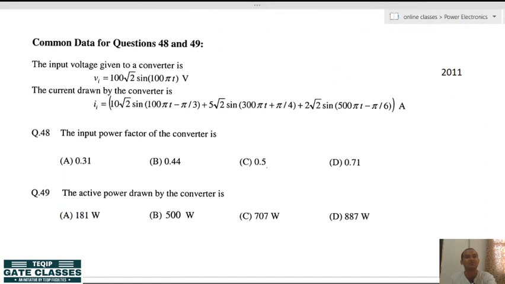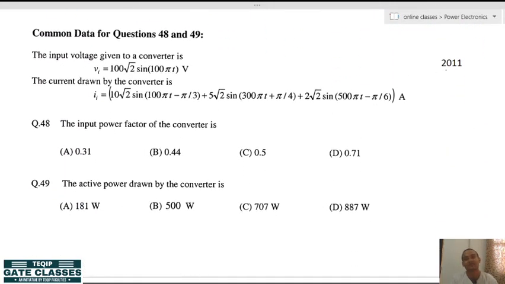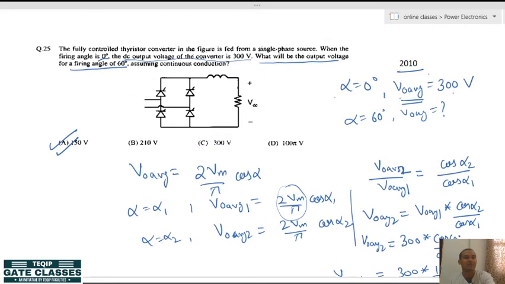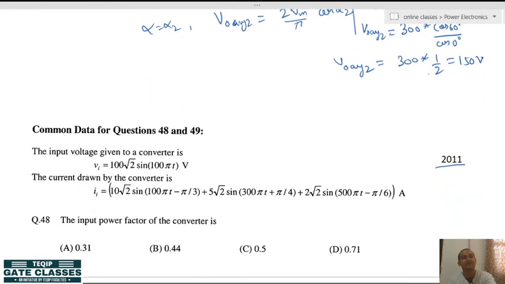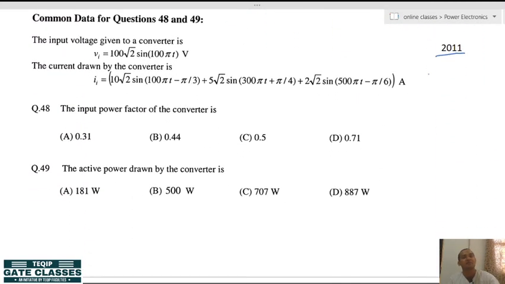So, coming to the next question, that is the 2011 question from 2009. See, don't think that only one question has come. I am taking the topic only from single phase AC/DC rectifiers. In that particular topic there is one question. Otherwise, there are several other questions from the 3-phase also, and from the choppers also, and from the inverters also. There are questions. Power electronics has the weightage of around 10% to 15% in GATE.